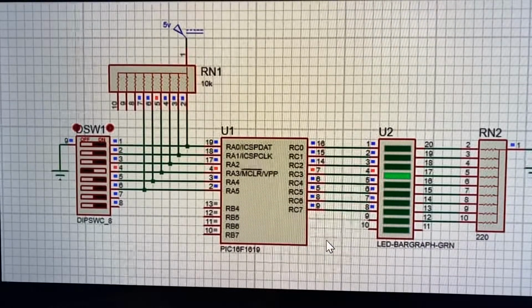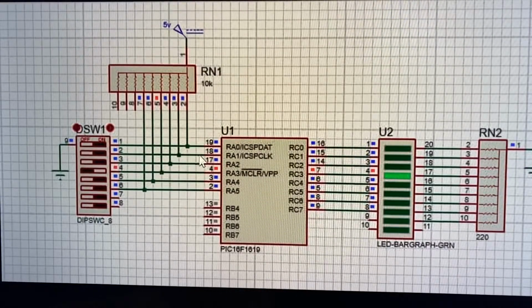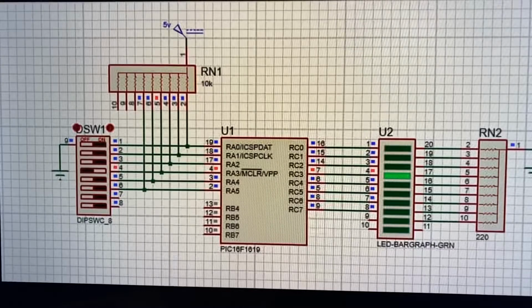So knowing that we now have this schematic, we will write code to keep reading port A and transferring this data into port C from RC0 to RC5, because we don't have more data from port A. So to work with the code,